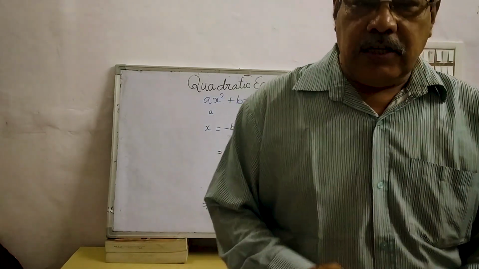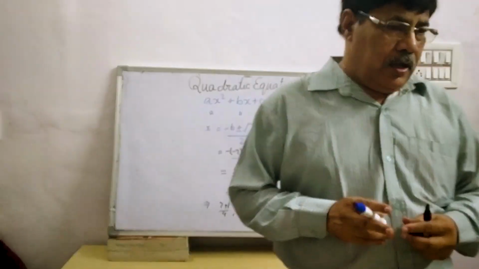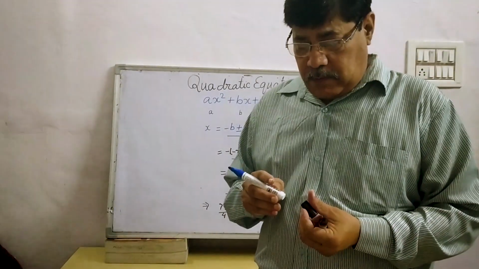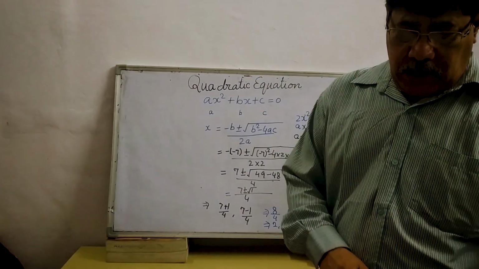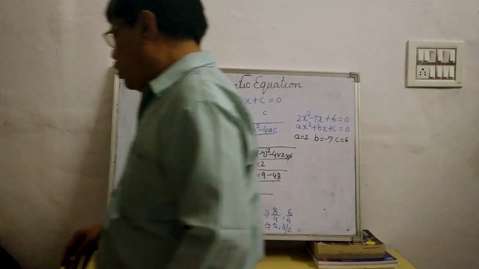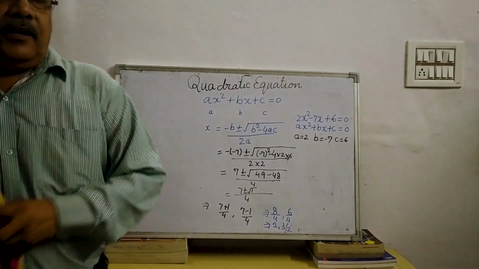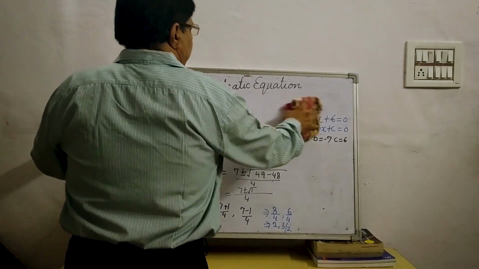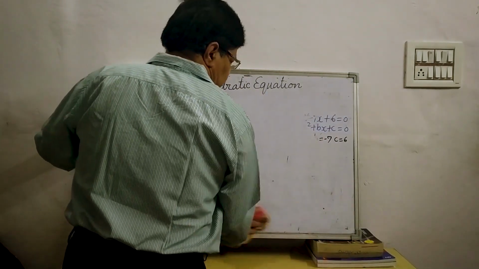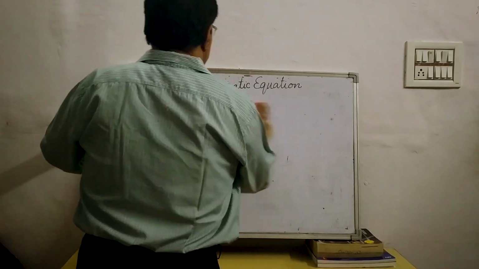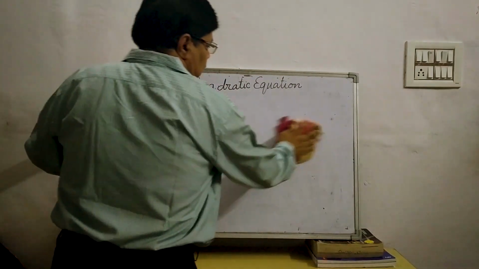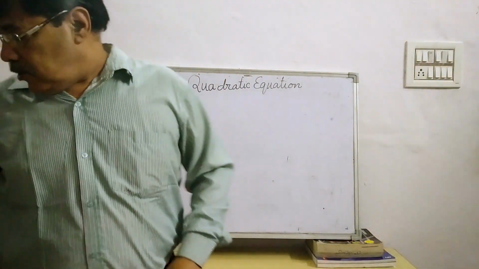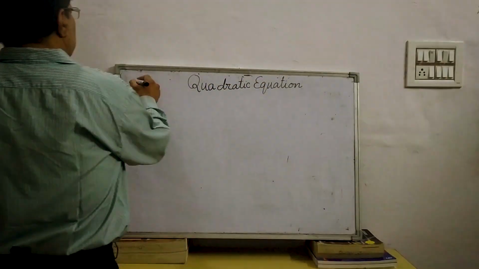Now I am taking one more question for you so that it should be clear to you all. Okay children? Okay. So should I rub it? Now taking the next one, you should note down if you are interested. Otherwise I am going to rub this. So this is the formula given by Sridharacharya for solving the values of x.